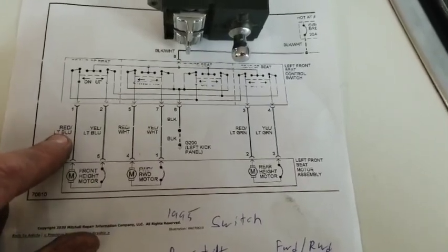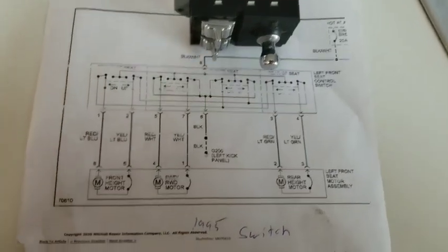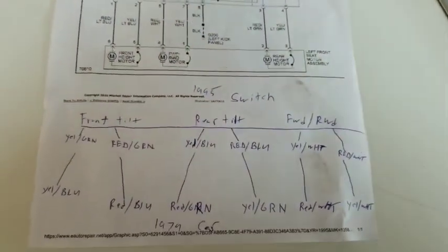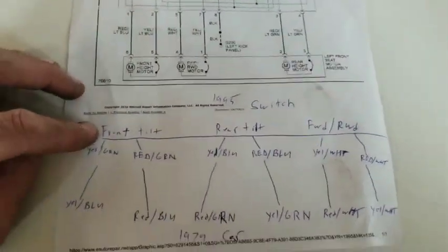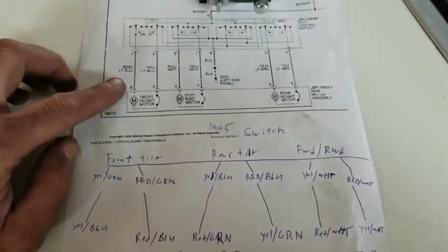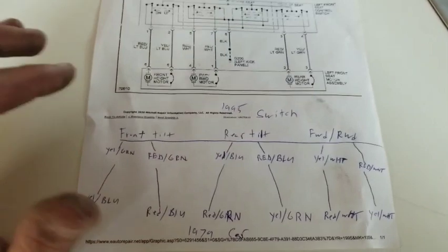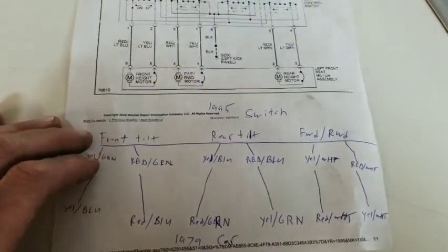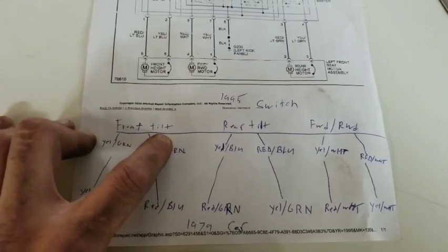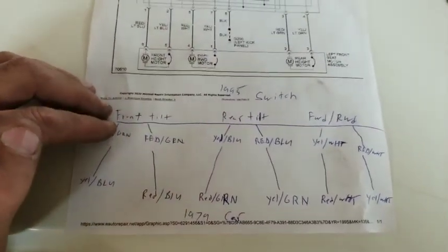So we got a red and light blue, and a yellow and light blue. So pay attention here because this is where it gets confusing. So for your front tilt, which is right here, and I should have written these in the same order as it is up here, but it's not. I apologize. But front tilt, which is your front height motor, out of your 1995 switch, because that's up here, which is